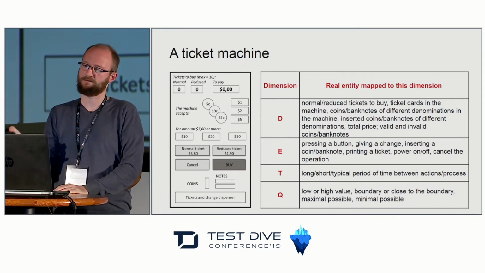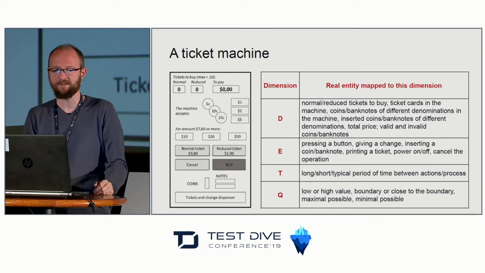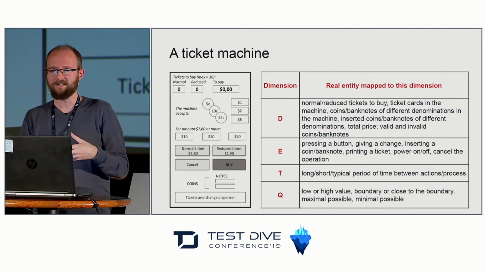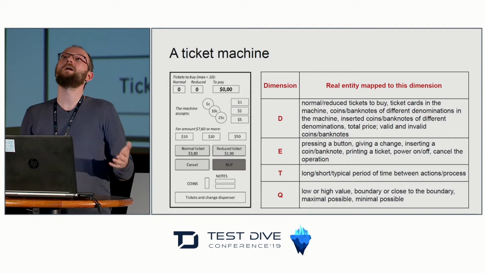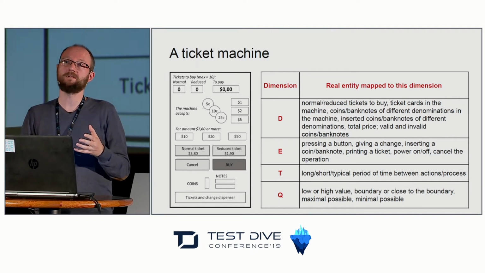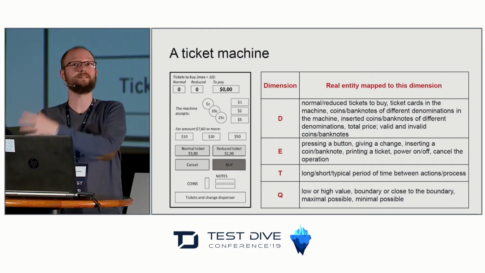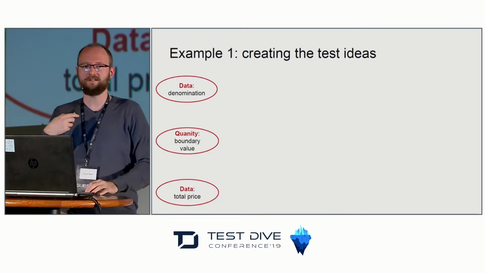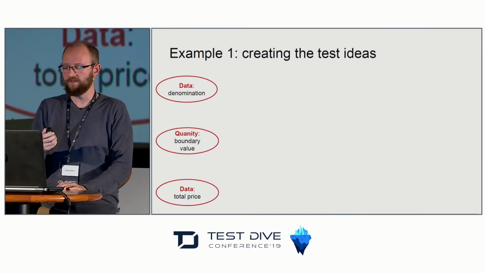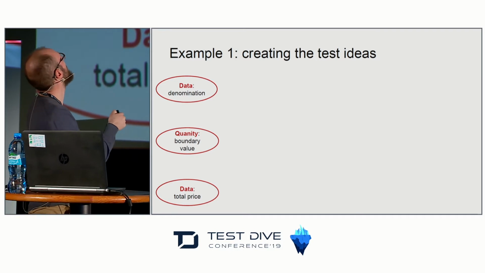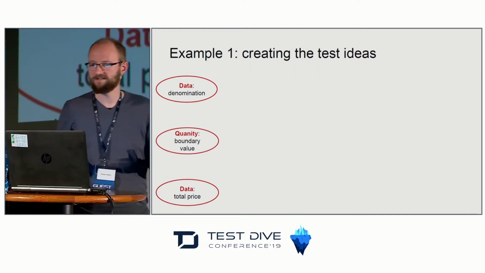We can relate real business domain entities to these dimensions. And then we can use this approach that allows us to boost our creativity, to generate some nice test ideas by combining these dimensions and looking at what's the result and what's the interpretation of this combination in the real world. So the first example is a very simple example which shows you how to create some test idea. We can select one dimension, let it be denomination, let it be a quantity, let it be boundary value, and data, the total price. Let's say we choose these 3